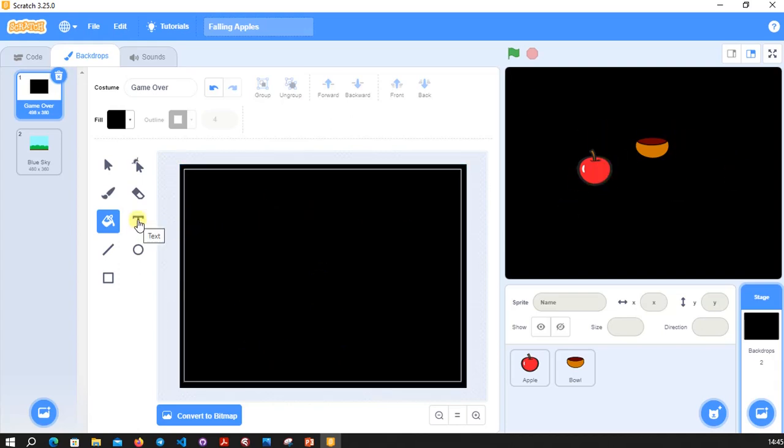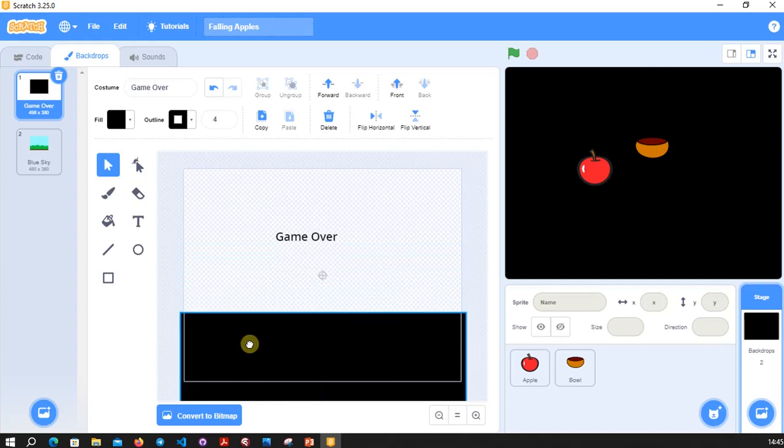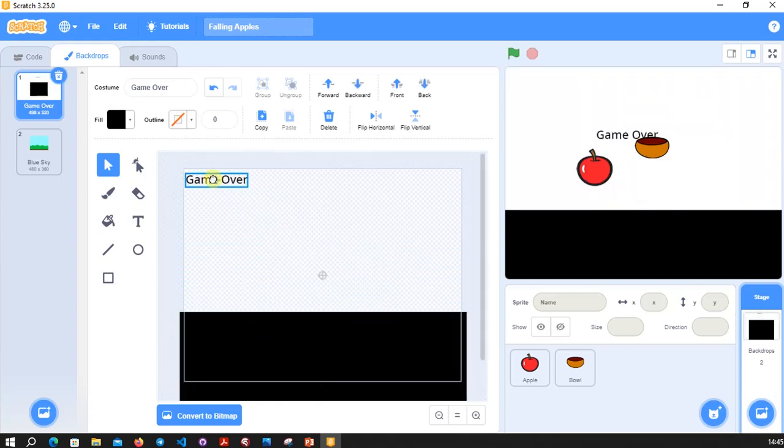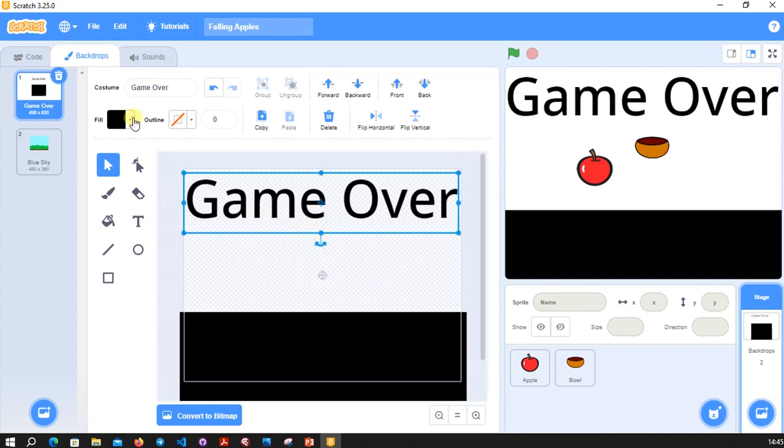Then after that, I'm going to select this text tool and write game over there, and you can't see it because the background and the text are both black. So what I want to do is click on this select tool, take away my background, and resize my game over. I want to make it as big as that rectangle right there. Then I will change the color to red,